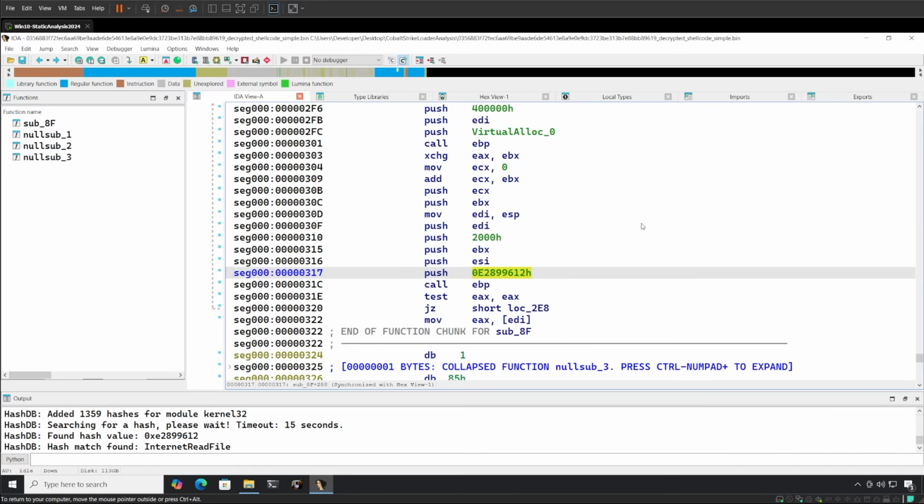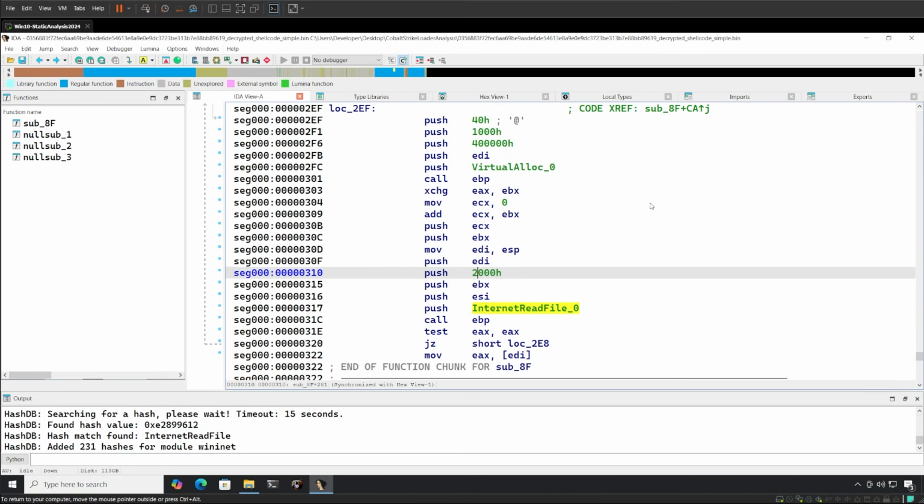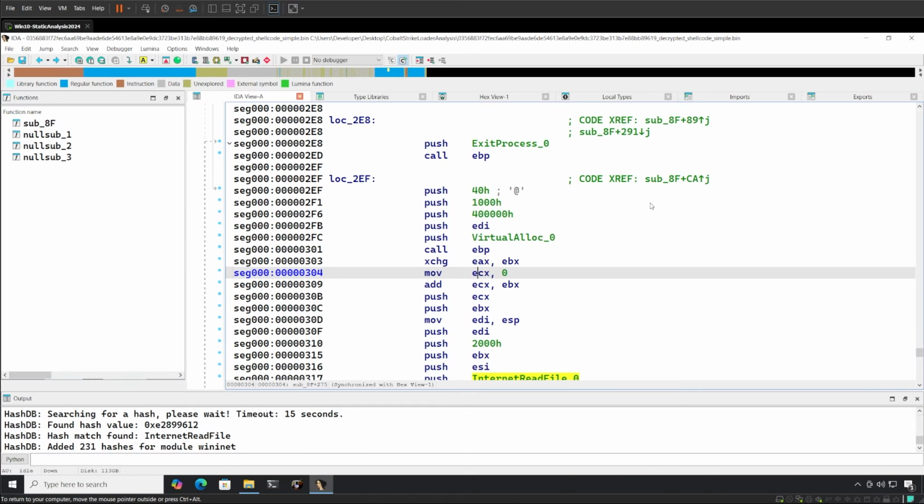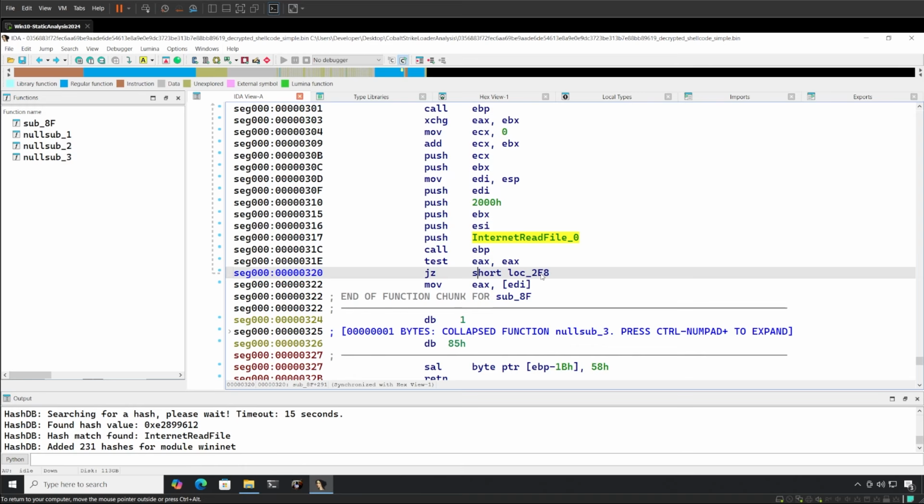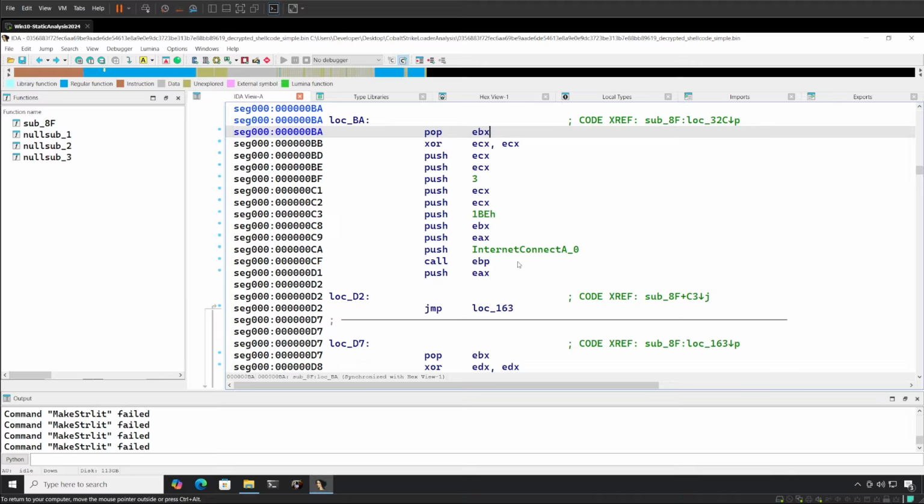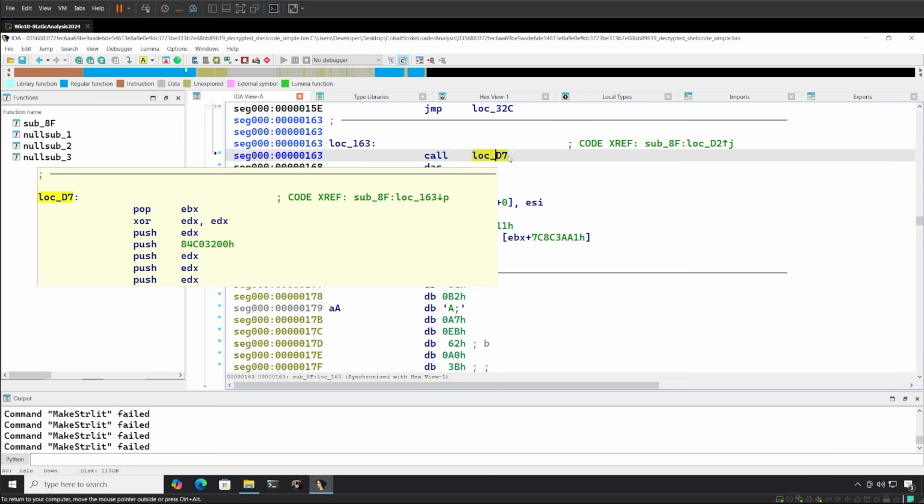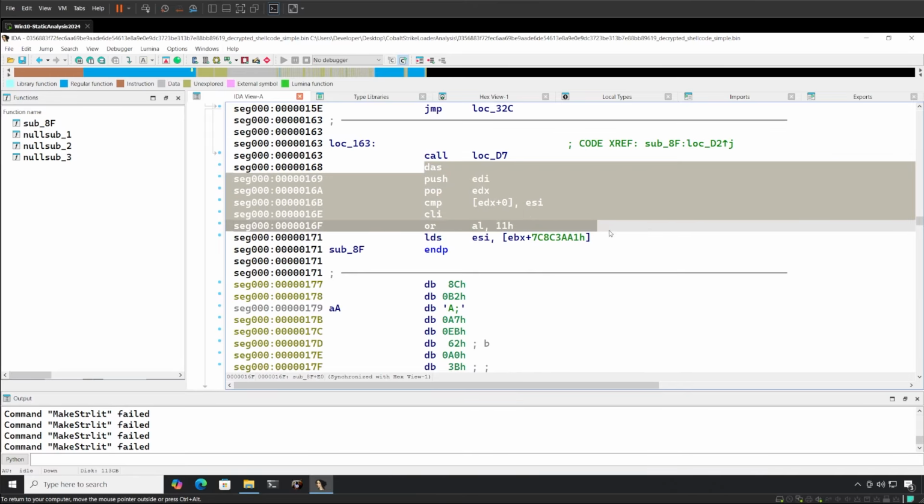Internet read file. Okay, and around here there should be something else as well. All right, so this is where I was getting confused. I was missing a jump here, and I've seen that there is a jump here as well. So location 163, if I go here, then there is a call to location D7, and this code is a